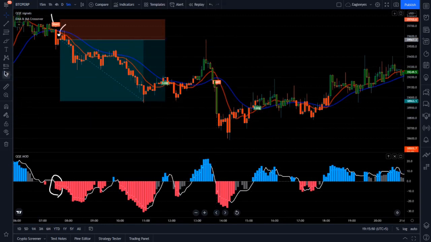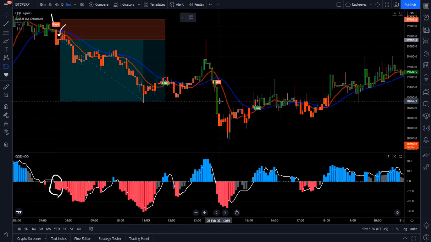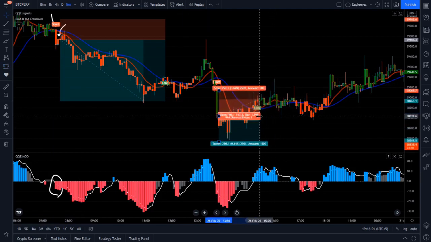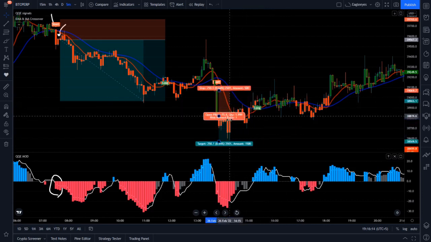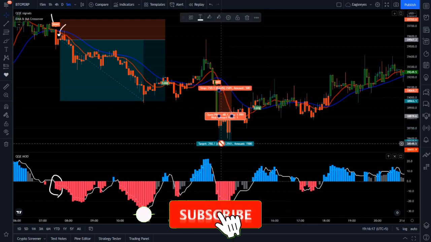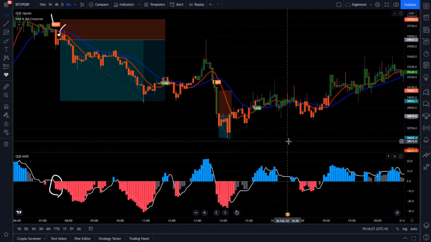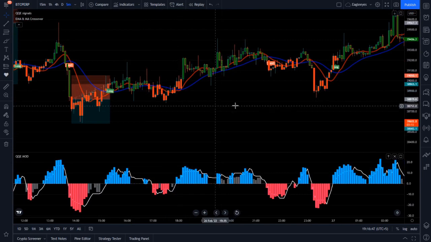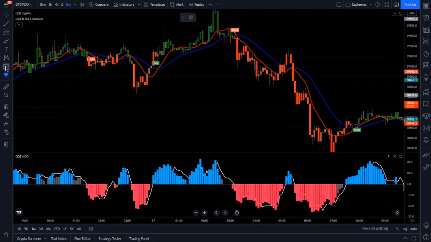Now let me show you here. We are getting another signal. The buy one was a smaller one, but we are looking for a sell trade. Here you can see this short trade is going to a loss. I will tell you how to avoid this short trade, so you don't have to enter this type of trade. Although if you get in early, you can make it into a profitable trade, but I will tell you how to avoid these types of trades. Now let me show you another sell signal.